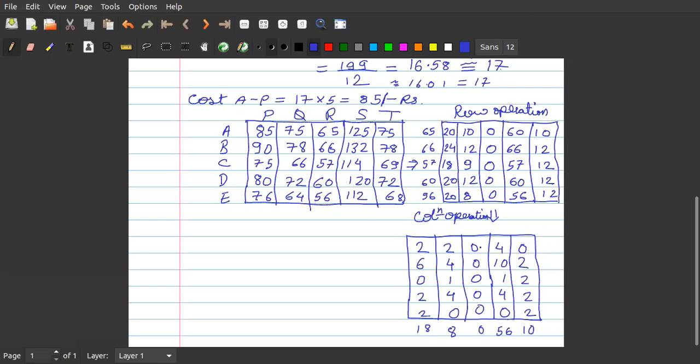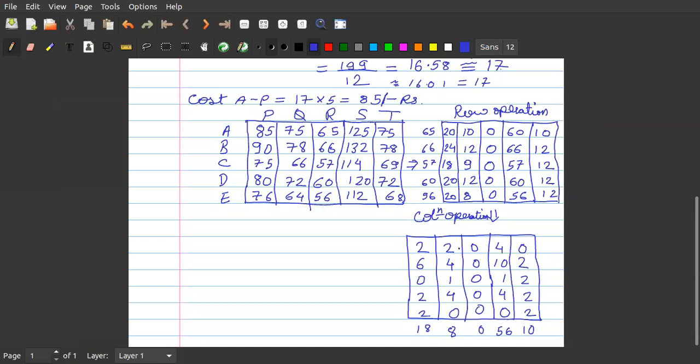What are these costs? These costs are indicative of the penalties, whereas these costs are the opportunity cost. Is it clear, students? What does this cost indicate? This cost 4 indicates that if you allot A to work on S, he will be creating 4 rupees extra on that job compared to if he would have been allotted to either R or T. Is it clear, students, now? Yes, sir.